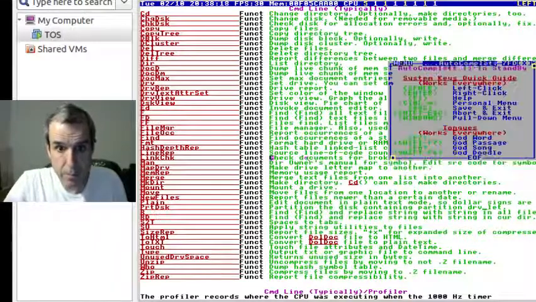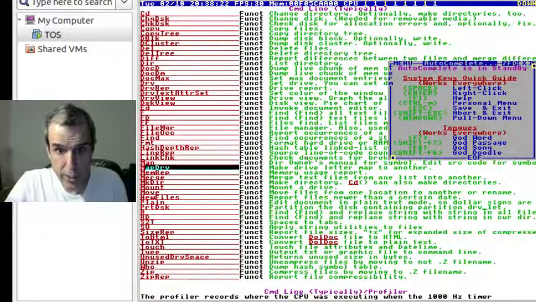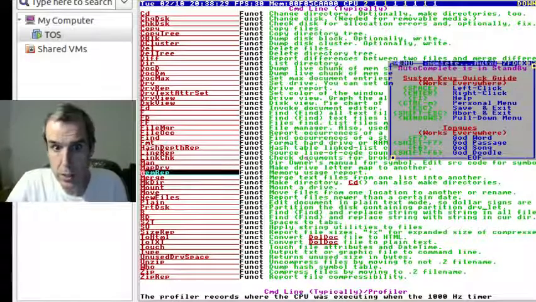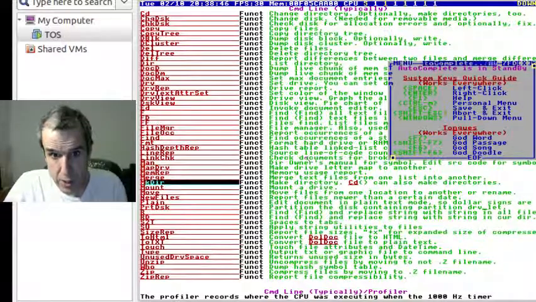So map drive. You can rearrange the drive letters. I don't really recommend doing that. Well, I mean, you can. Memory report. Merge is for merging source code. It's pretty crude, but it does check for differences in graphics that you don't get with. Well, anyway,